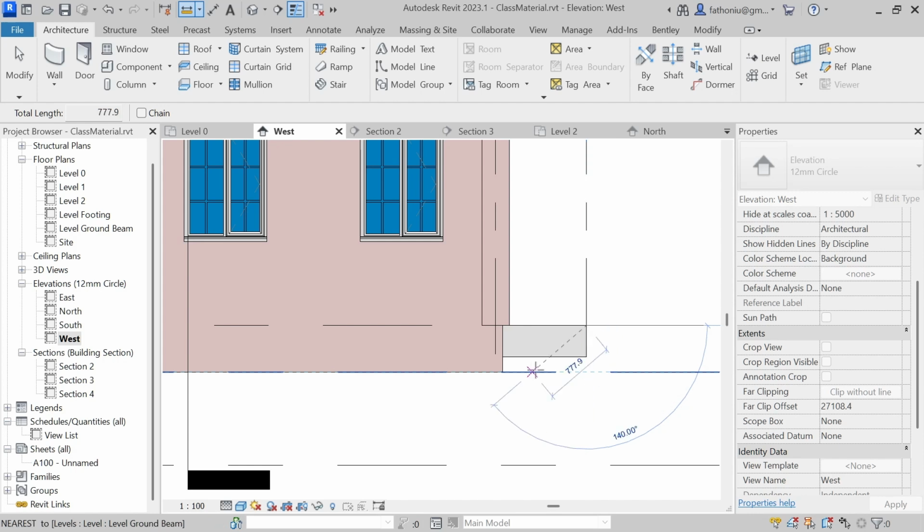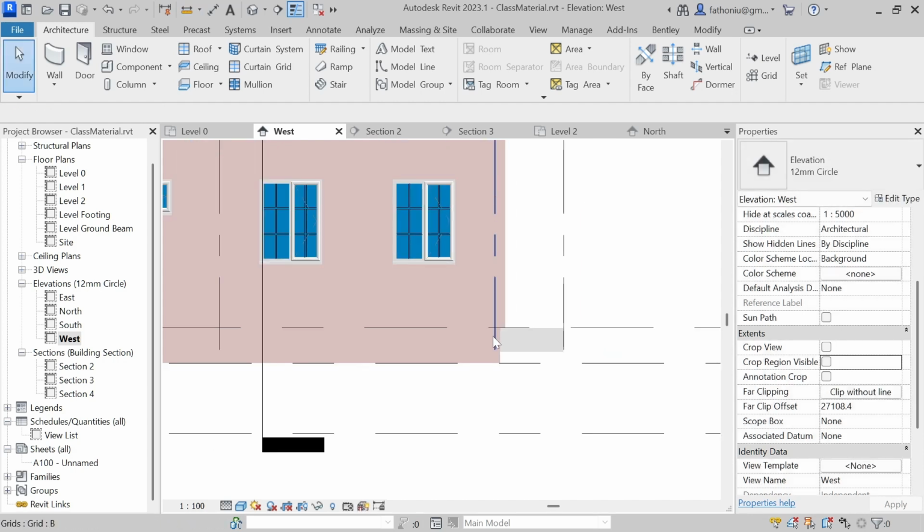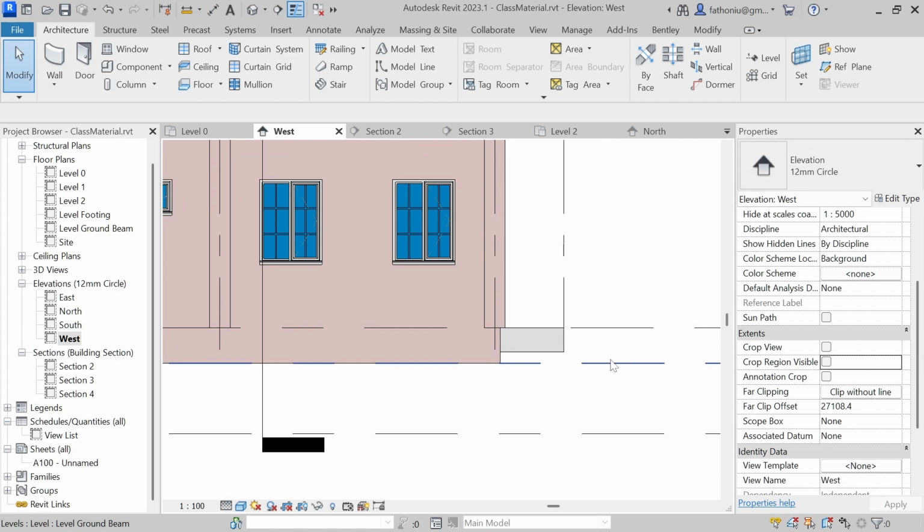So let's say the ground beam level is the surface, the original surface. Then here we need to have stairs, or steps here, and then we need to do